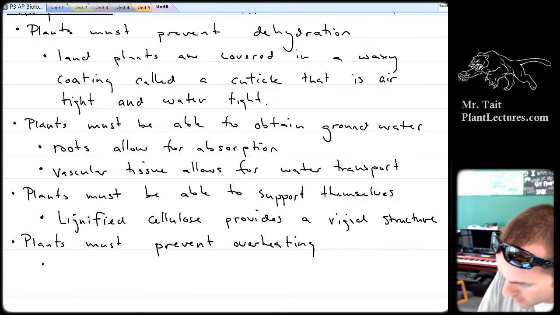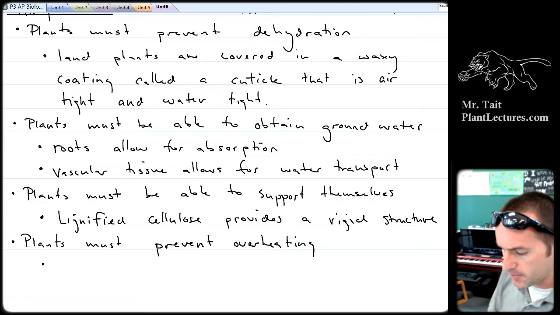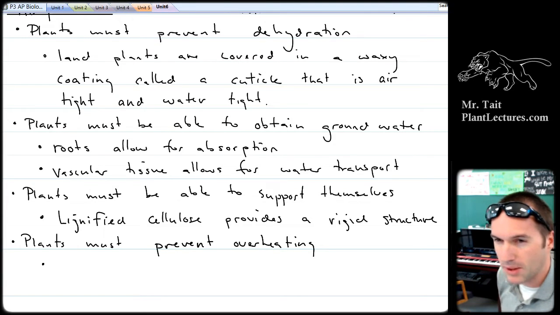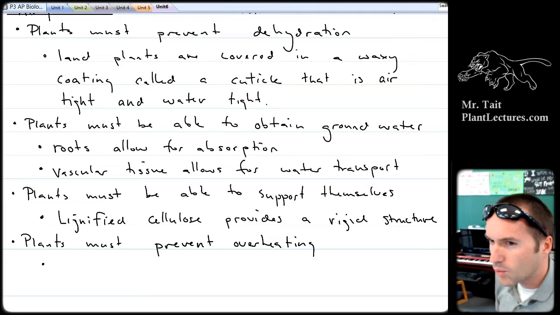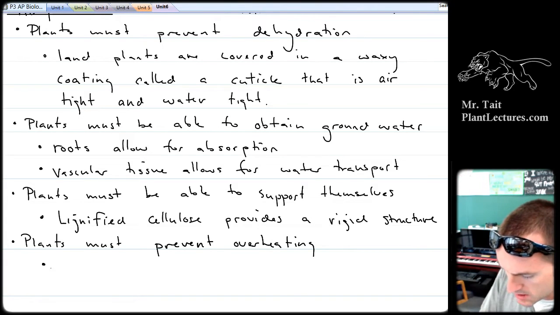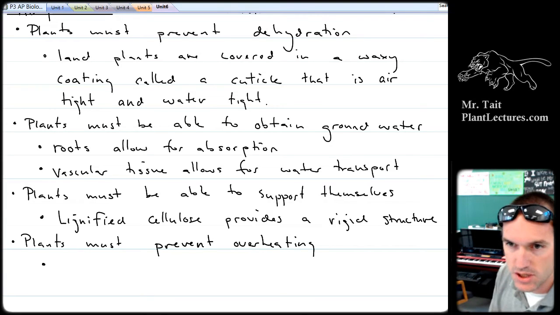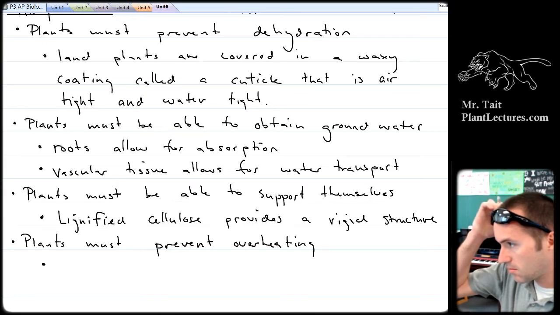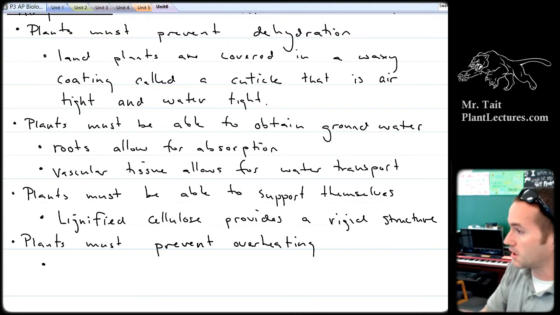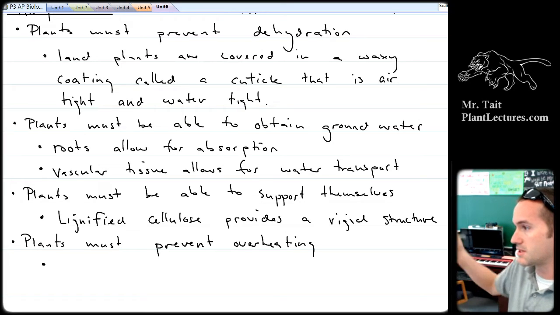Prevent overheating, okay? We've talked about this before when we talked about how plants tend to be green, but algae can be black, right? So why is that significant for this? What's happening there with black algae versus green plants? It doesn't need more heat. It's got more pigment so that it can absorb more sunlight so that it can go through photosynthesis because the water is going to cause some diffraction of the light.